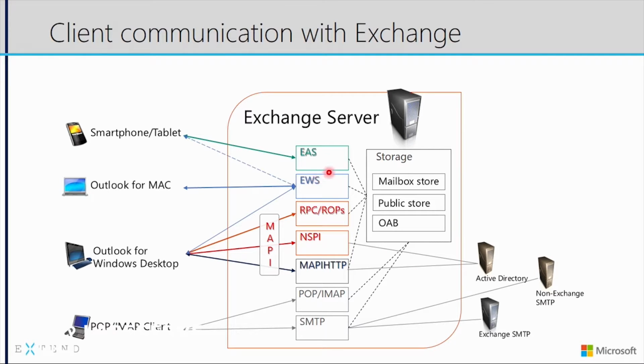ActiveSync and web services actually can work with complex data on the server side, complex data like meetings, tasks, attachments, and so on. For MAPI, a client is responsible for a lot of work to make those objects consistent.